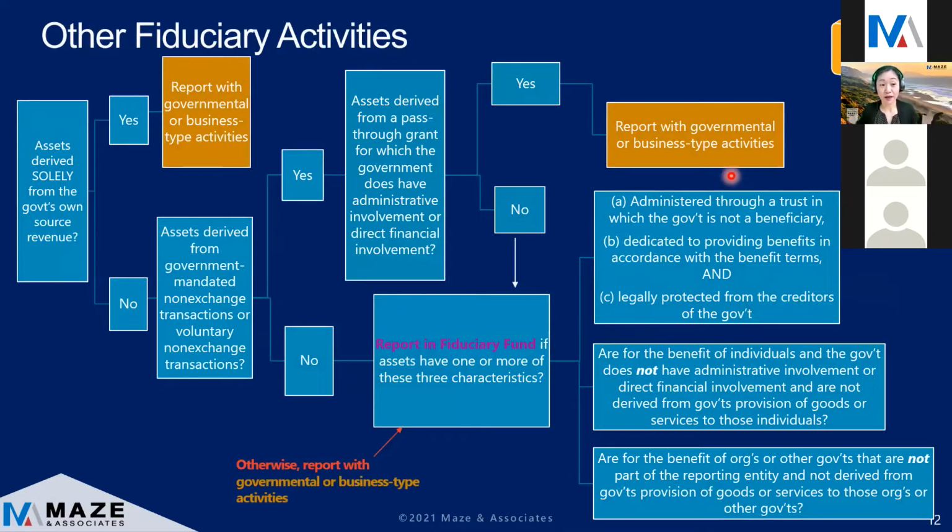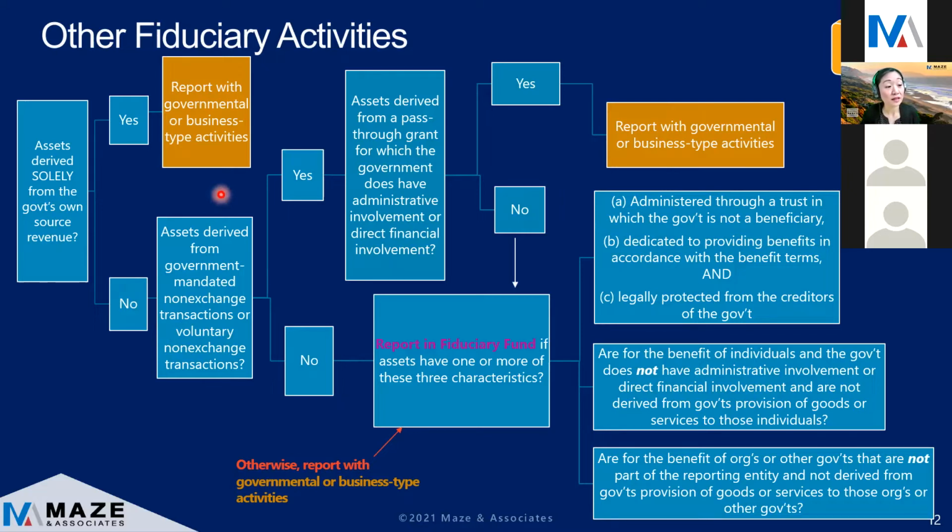So recap. You have activities that are not a component unit, that you have control of the assets for, but they're not for an OPEB or pension arrangement. So these are all the other activities in question. Then you come to this chart and you ask yourself, are the assets derived solely from your agency's own source of revenue? If it is a yes, then you report it with your primary government, your enterprise fund, your governmental funds. If it is a no,